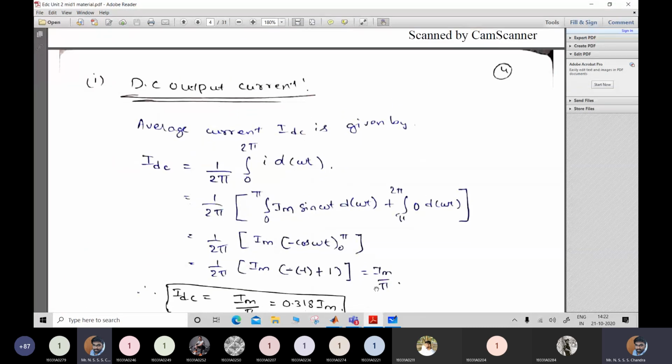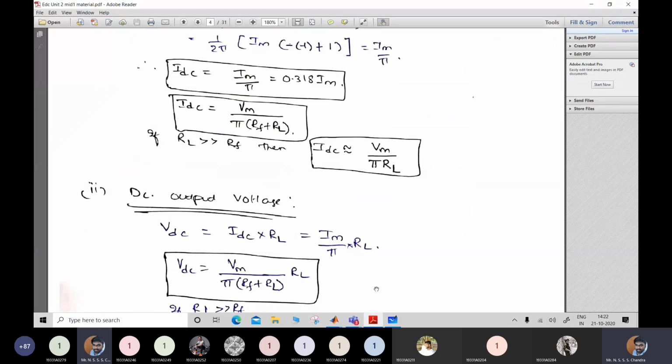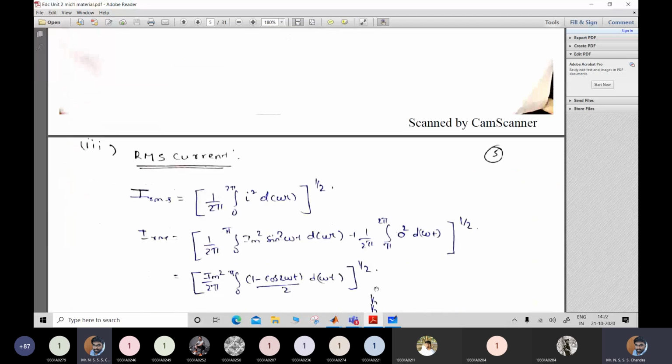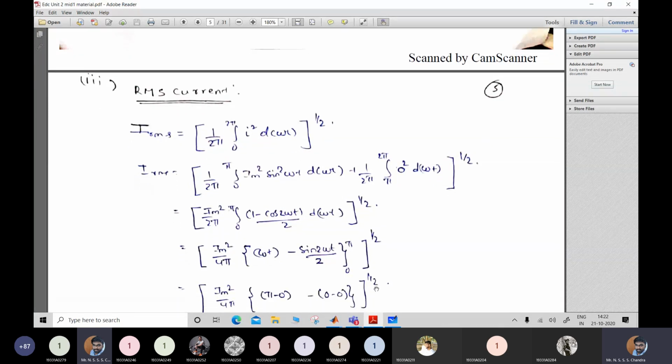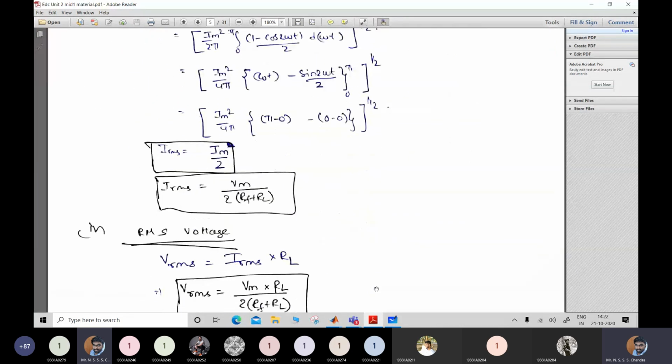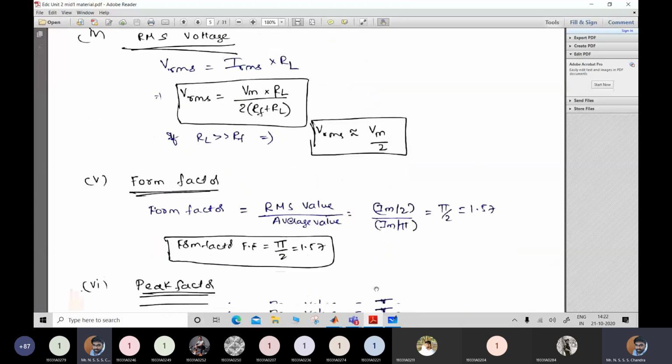So we have covered DC output current, and then we have covered DC output voltage. We have covered RMS current. Is my screen visible to you? Please answer. Yes, sir. Third, we have covered RMS current, and then we have covered RMS voltage, form factor, peak factor,